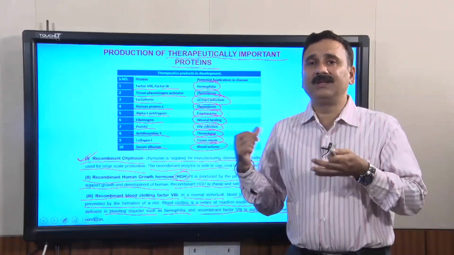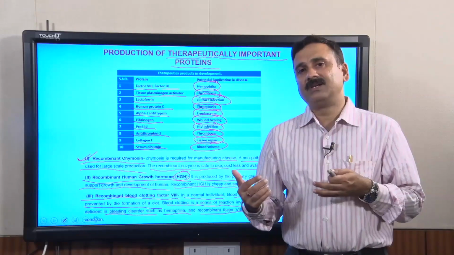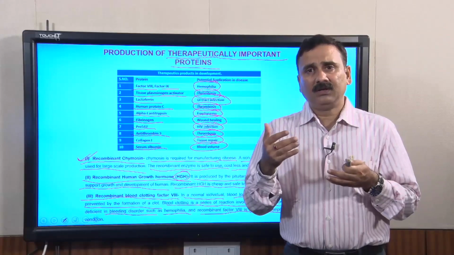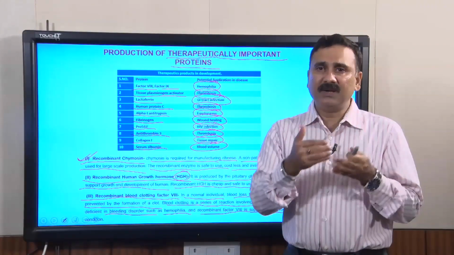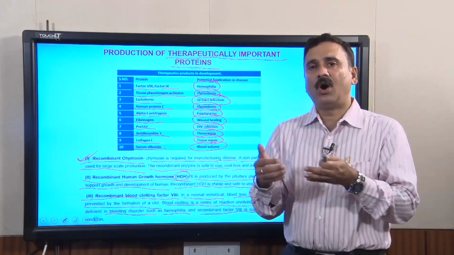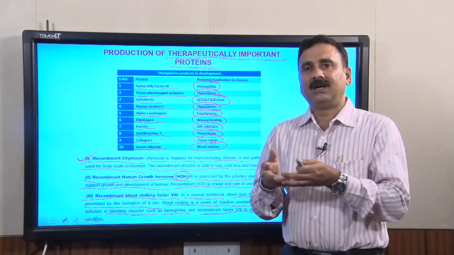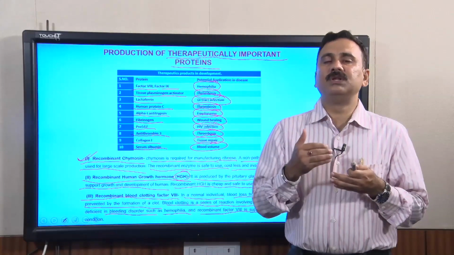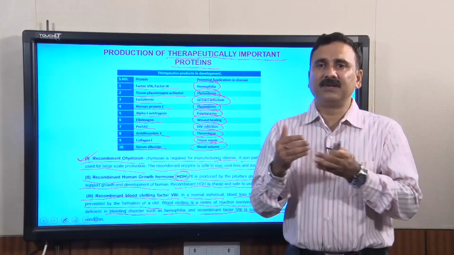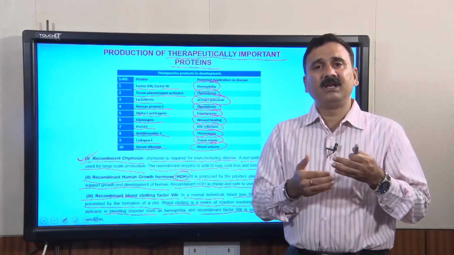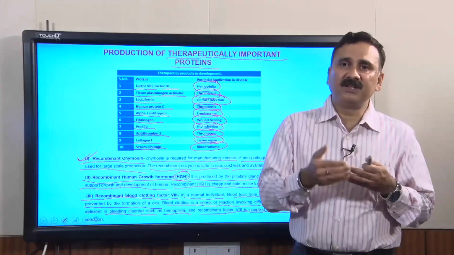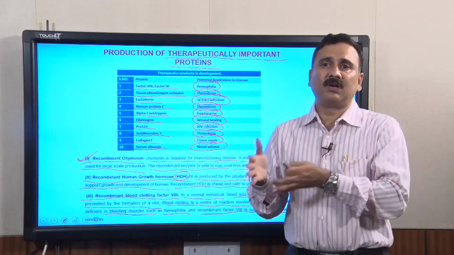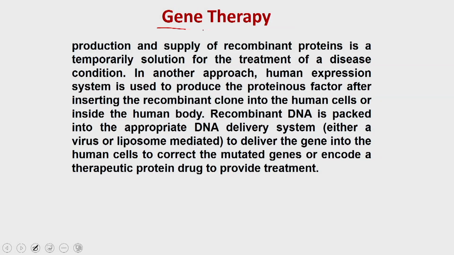But in these kinds of disease conditions, one or another factor is missing, and as a result you are not able to complete the blood clotting cascades, or even if you complete the reaction, it may not be efficient. Because of that you lose a lot of blood from the wound, and it could be a life threatening condition where the person may not be able to stop the blood from the wound. Now, gene therapy.